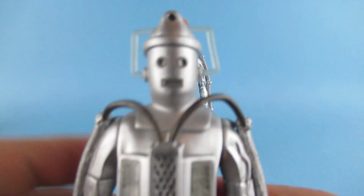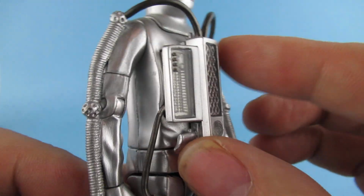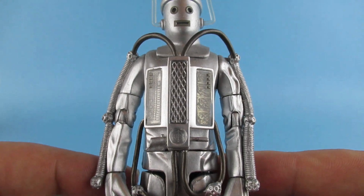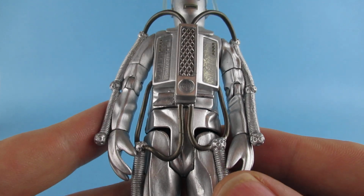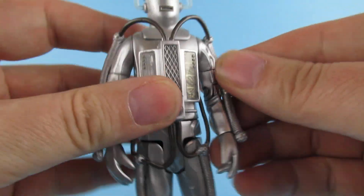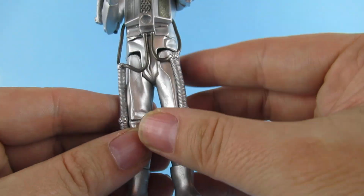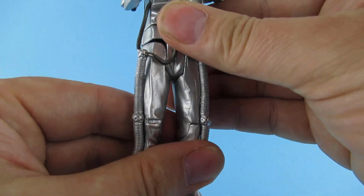Then we have his Cybermen. Again, the chest unit has got a little bit smaller. They do have safety golf balls all over them. These figures are reasonably articulated. Cybermen aren't exactly running-around sort of characters. Ooh, I do like the way that the wires do move when you...